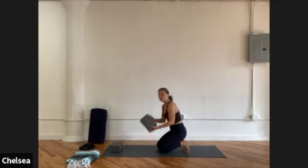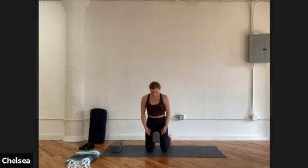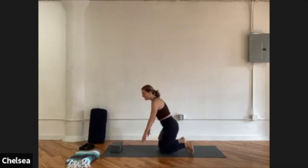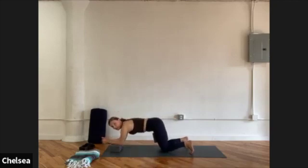And then the other block is going to come between the legs. Again, just like we had it in chair pose. So it's on the thinnest width, right between the thigh muscles. Then from here, let's bring the hands down into tabletop, take your time, and then bring your forearms on top